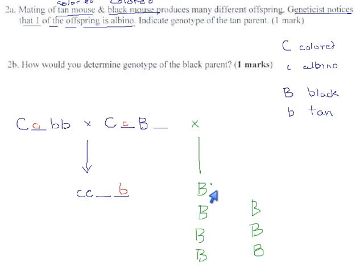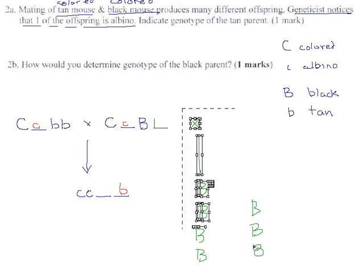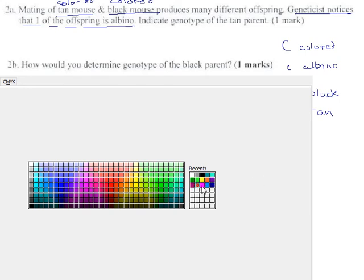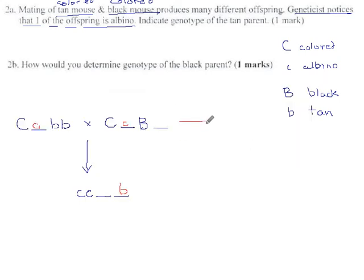of offspring and all of them are black, then we would have a pretty strong reason to suspect that this mouse is big B, so that all of its offspring get a big B from it, and that makes their color go black every single time. So if we observed that, the more black offspring we saw, as long as that's all that we were seeing, the more confident we would be that there's a big B in that location. Now, on the other hand, if we ever saw a tan mouse come from this, if we cross this mouse with something and we got, it would have to be colored, of course, so we could actually see the color. If we got tan,